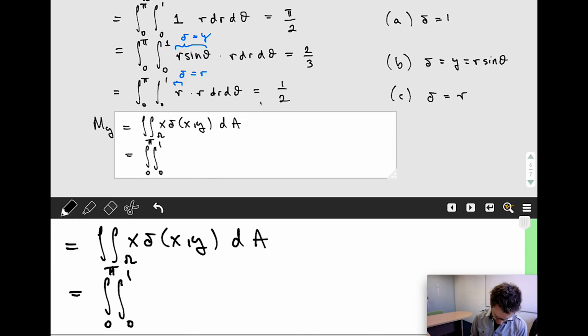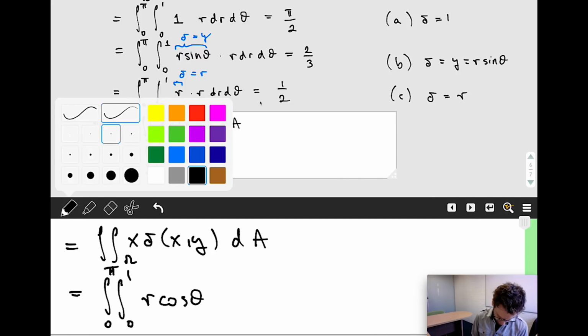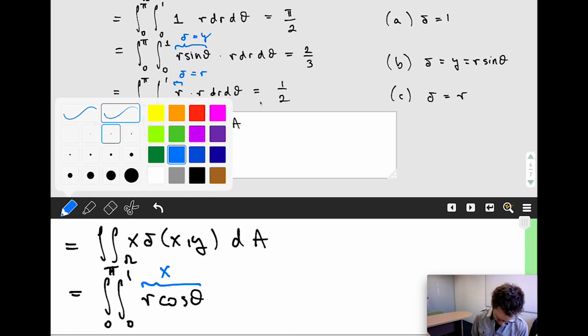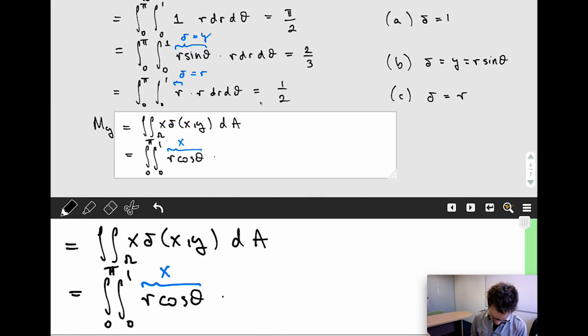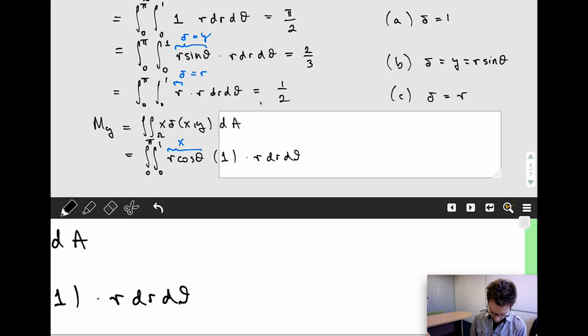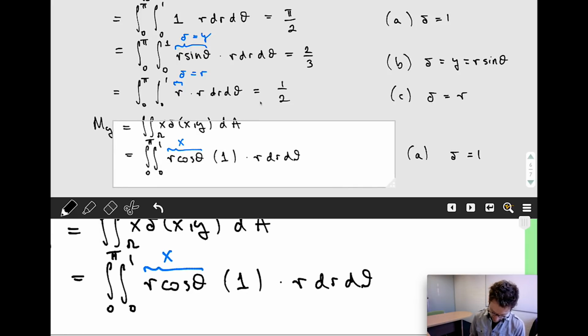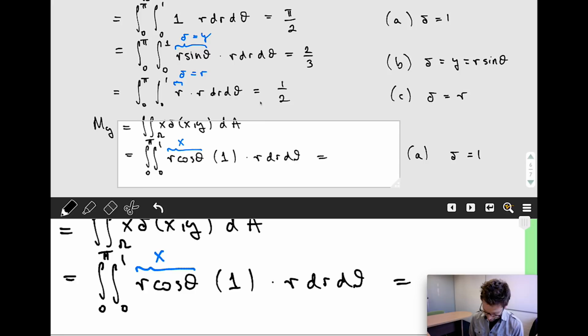Remembering that x is equal to r cosine of theta. And delta xy in the uniform density case is 1. And dA is r dr d theta. So this is case A. Delta is equal to 1. And I'll let you show that this integral becomes